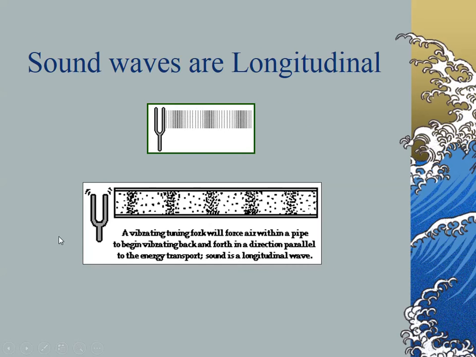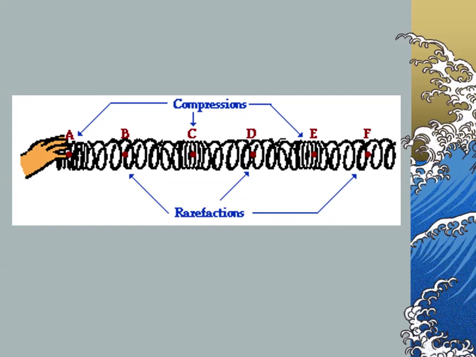We'll get to this a lot later when we really talk about sound waves. Sound waves are longitudinal waves. Sound cannot travel through a vacuum. You can see how this works with the tuning fork. It will compress and expand the air particles, so we create those longitudinal sound waves. Another picture of a longitudinal wave, showing the compressions and rarefactions on a slinky.